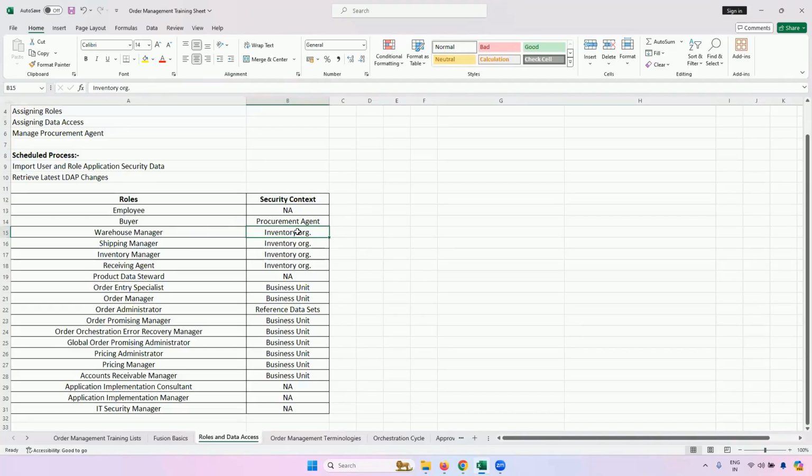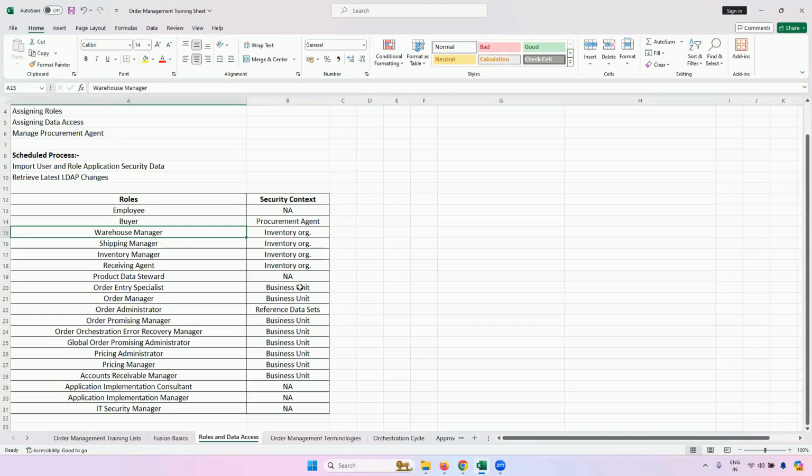If you assign him only the data access for inventory org A, B, and C, he will be able to create transactions and view transactions only in those 3 inventory organizations. He will not be able to create or view anything for the other inventory organizations, even though he has this role. So this is where the data access comes into the picture.